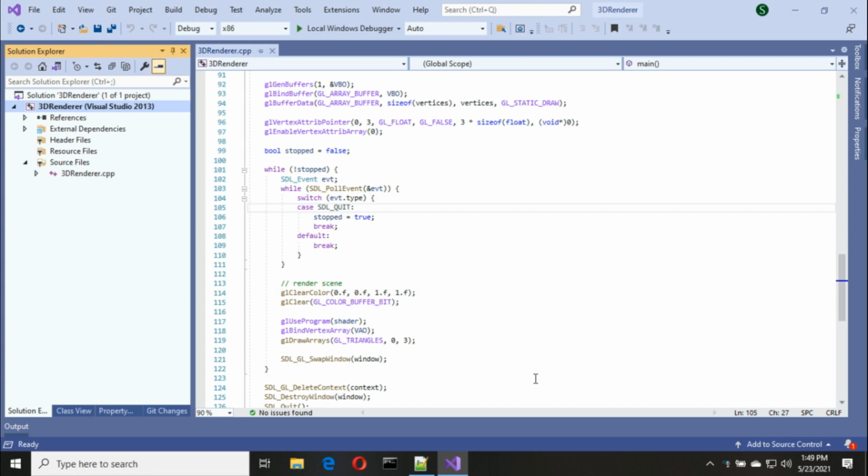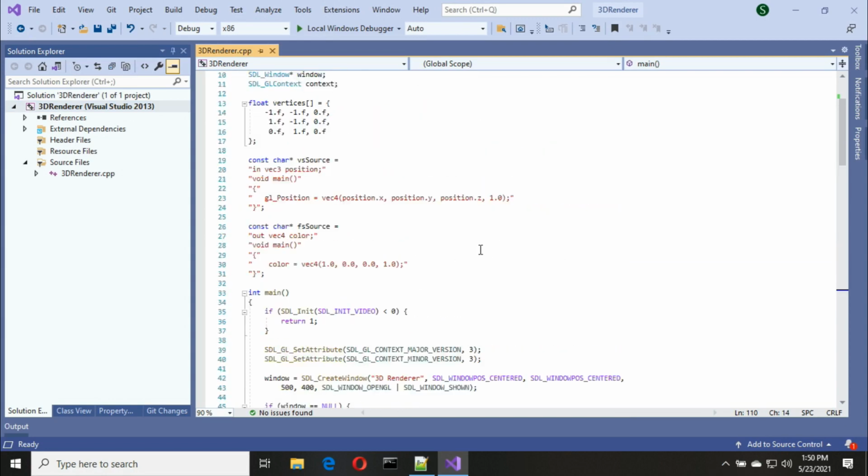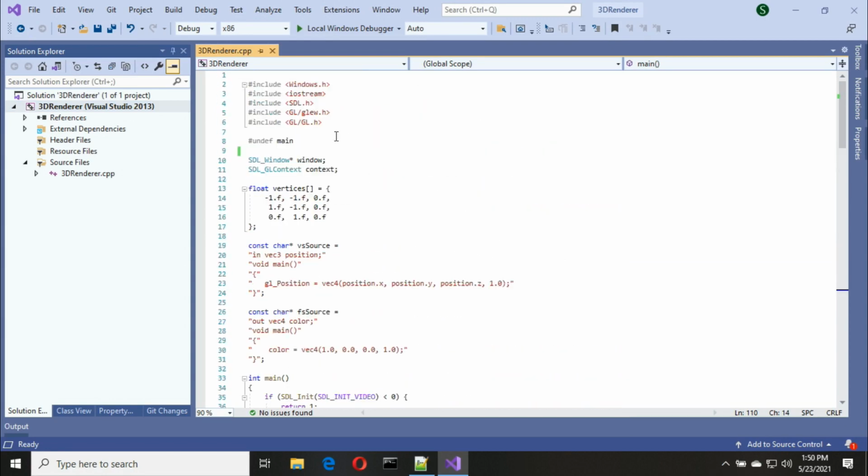Model matrix represents model or object's transformation, and the view matrix represents camera or viewpoint transformation. There are two types of projections, perspective and orthographic. Here we are interested in perspective projection matrix. We can get final transformation matrix by multiplying all three matrices.